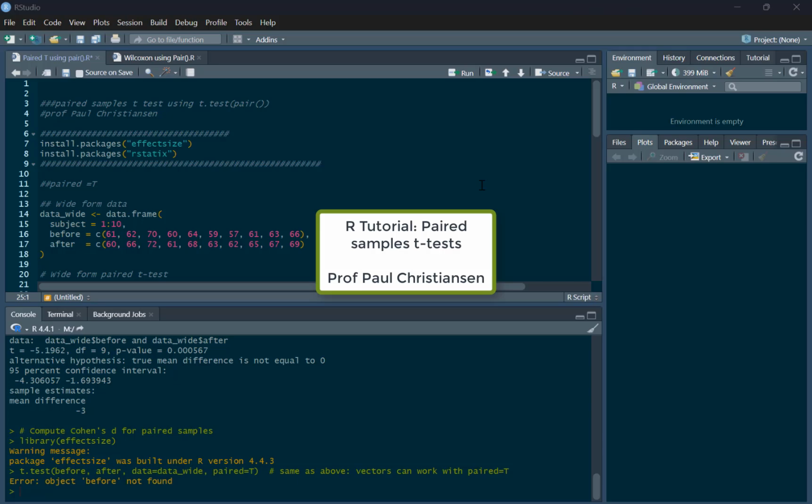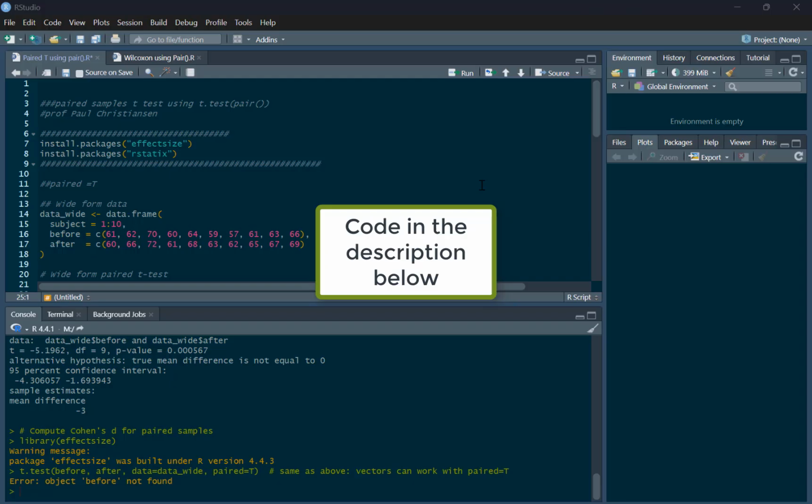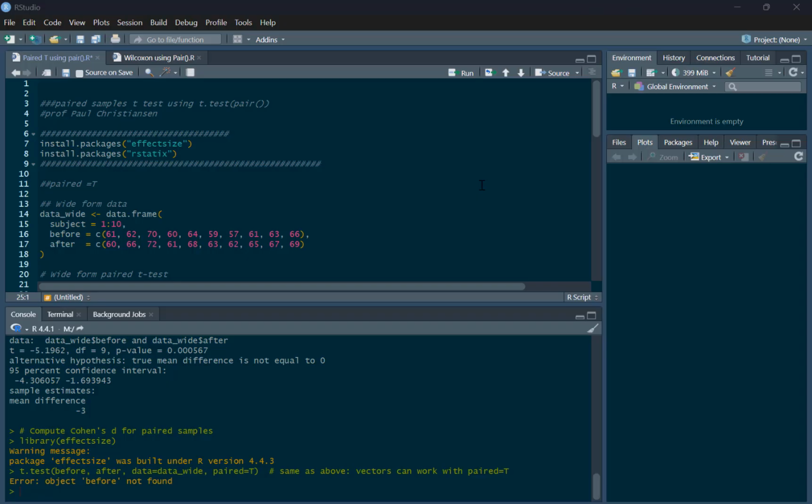In this video, we're going to look at how to do paired samples t-tests in R. I'm going to cover how to do it in long form and wide form data. There's been some recent changes in R regarding paired samples tests, so this is an updated video. You may have seen a paired samples t-test video in the past, but this is based on some new updates